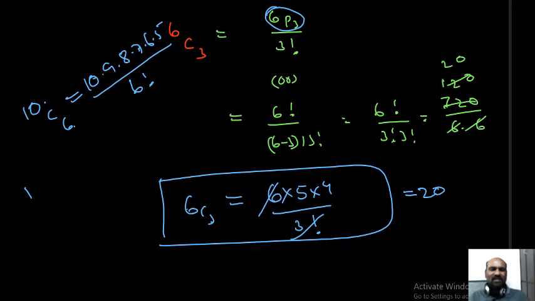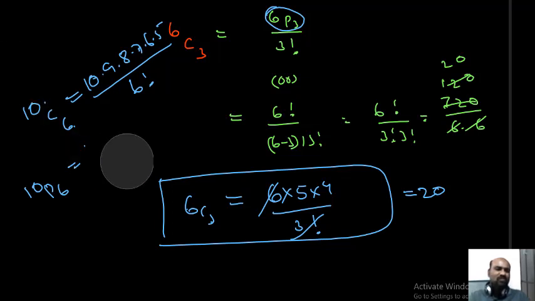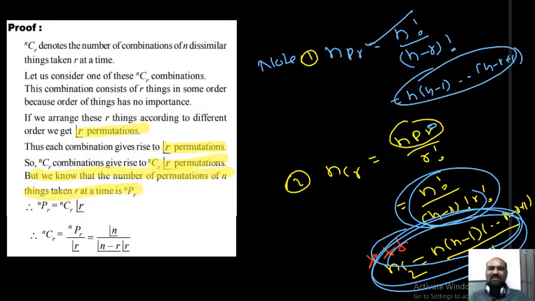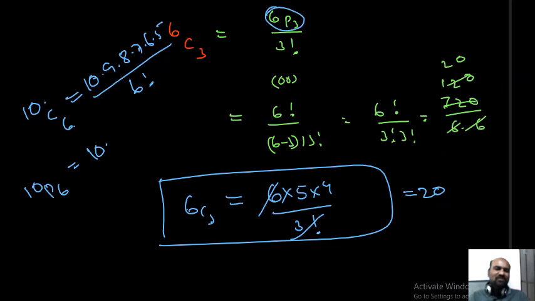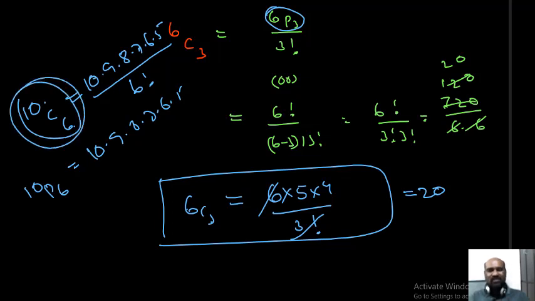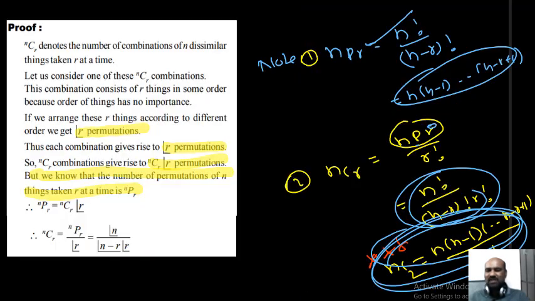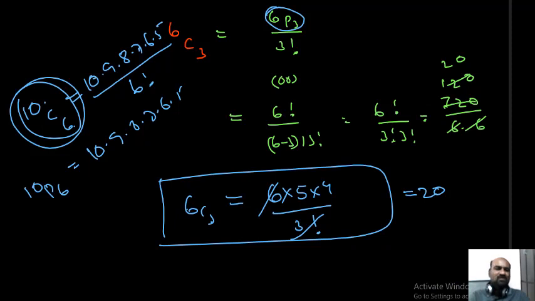Understood, students? While finding 10P6, what did you do? The actual formula is 10 factorial by (10 minus 6) factorial. But while solving problems, how did you find the value, Nana? You used this formula, not that. That's why I can say 10 into 9 into 8 into 7 into 6 into 5 only. Like that, if you want to find 10C6 or 5C2 or 5C3 or 11C1 or 11C2, you will use this formula, Nana. You will use the last formula. Okay, I hope you people understood.